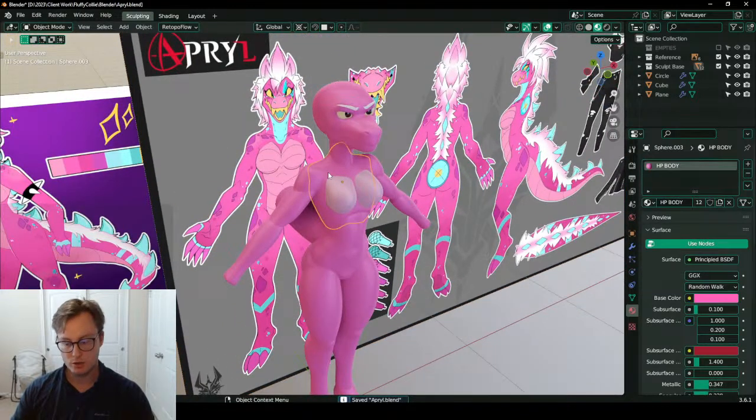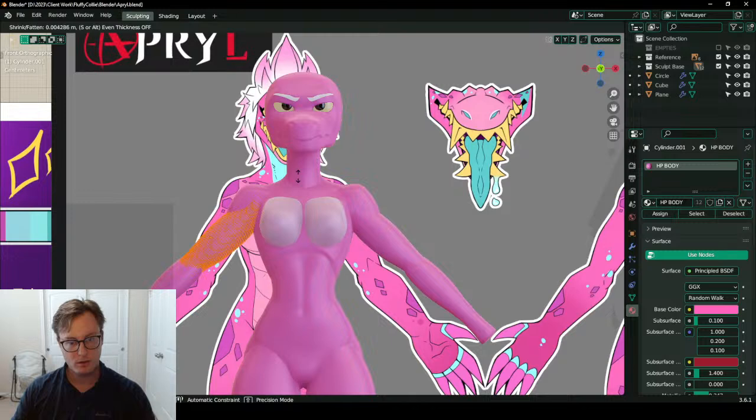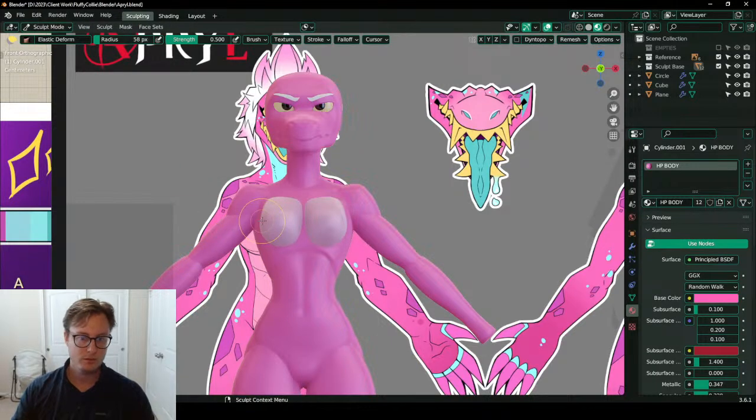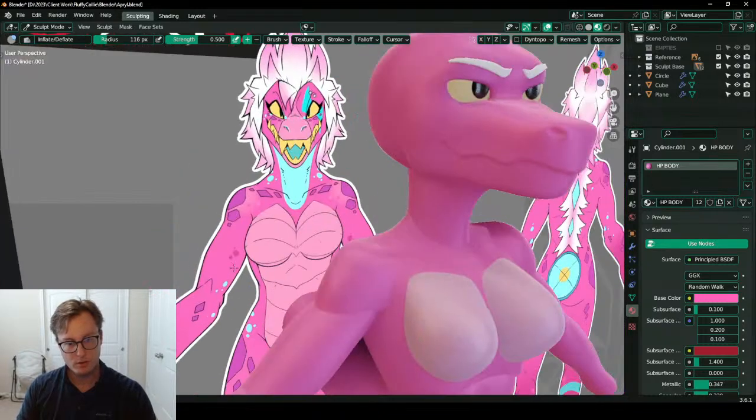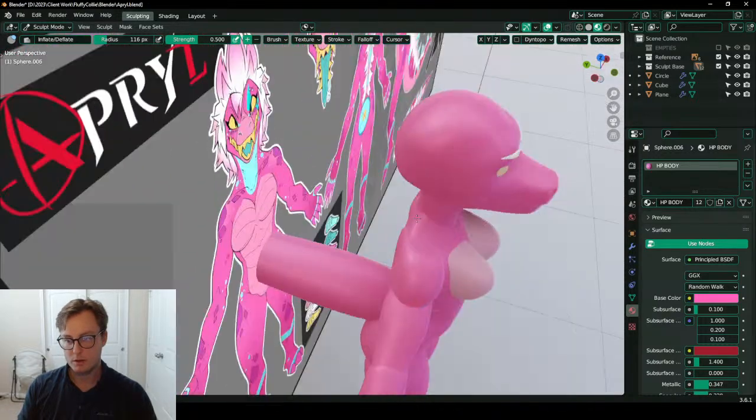All right, so some changes are required. A bit bulkier, a little more muscular.